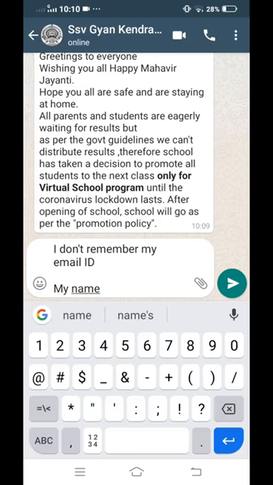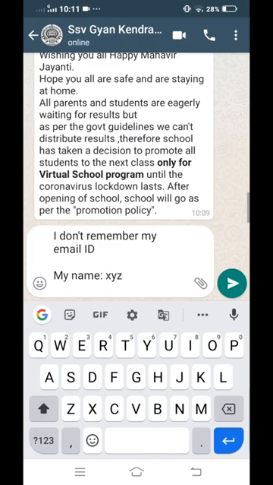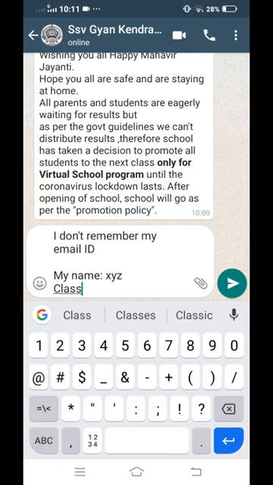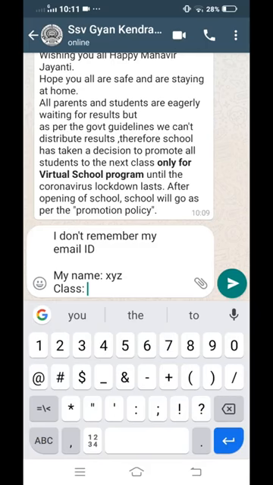My name is, and type your full name. Then type your old class, not your new class, the class you were in last academic year when you were giving your final exams. Say it was 5th standard, so type that and then send it.